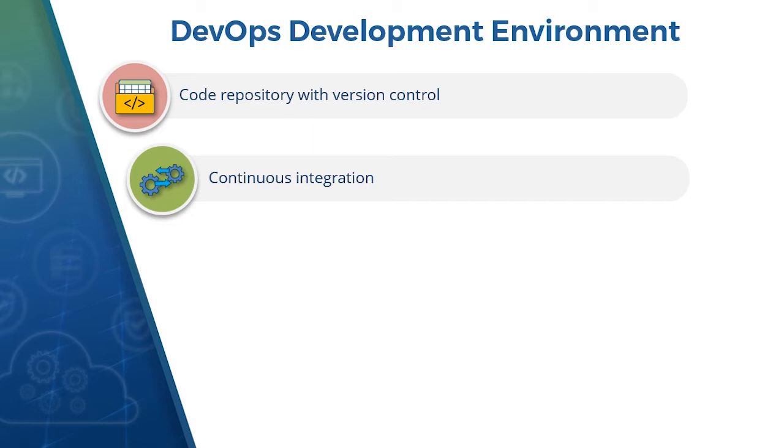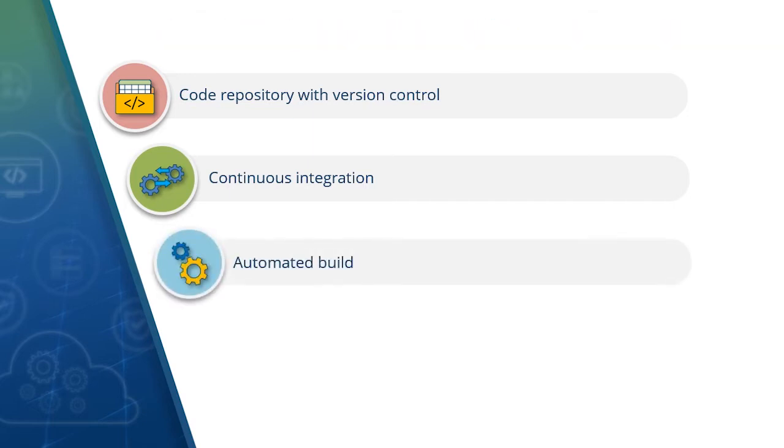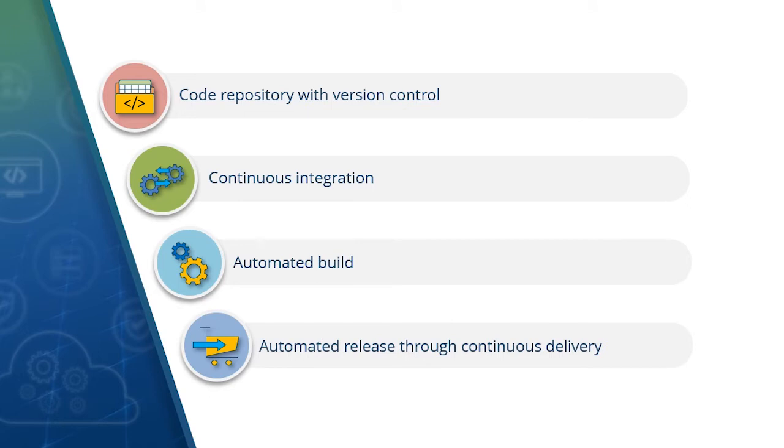Then we need to also set up an environment for automated build. You can select various different build tools and utilize a continuous integration server to indicate when the build process needs to start. And finally, you need to also take care of deriving a pipeline that automates the release process. That release process passes through continuous delivery, which includes approval processes.